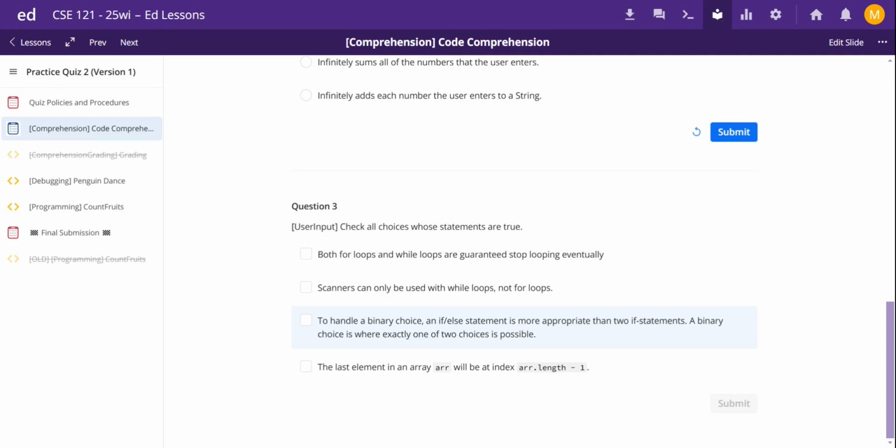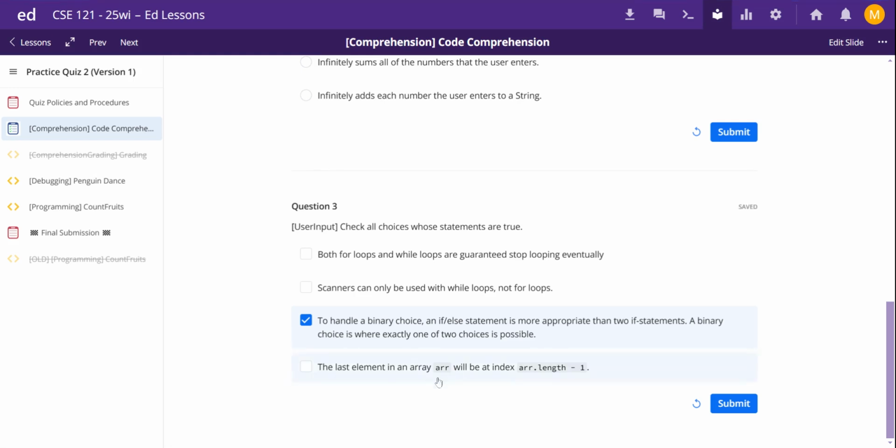Like, for example, if a coin is tossed, it needs to be either heads or tails. It's not possible for my coin to be if it's heads or if it's tails. It'll just be if and else. So we know that only one of those two choices is possible. It's not possible for it to be if heads and if tails. So this one is true.